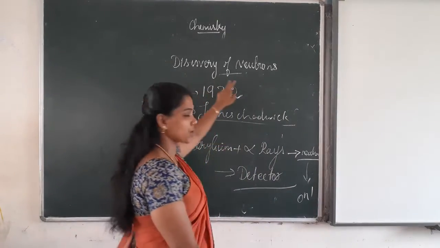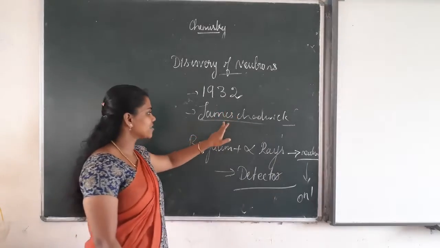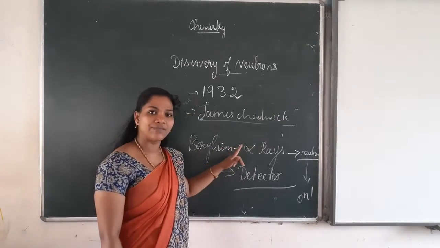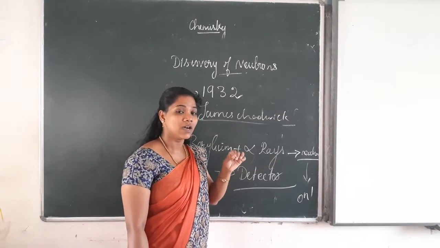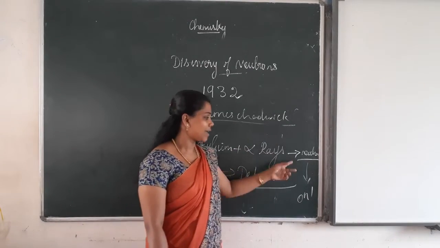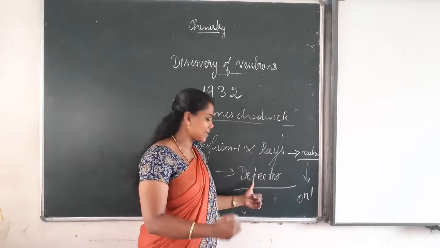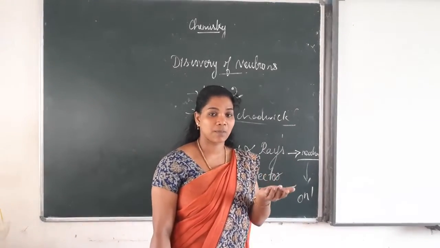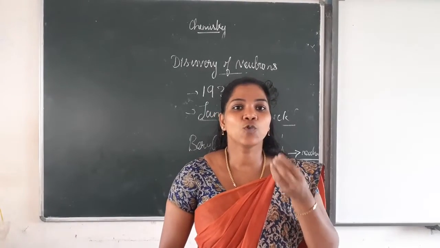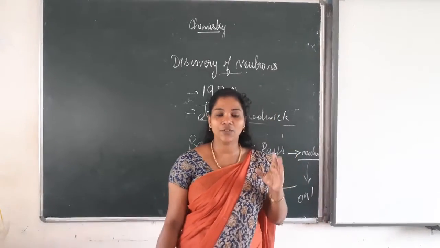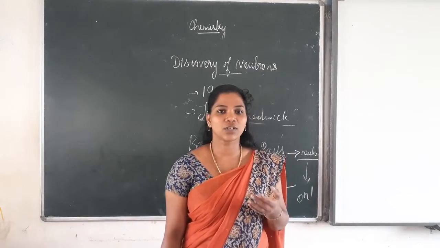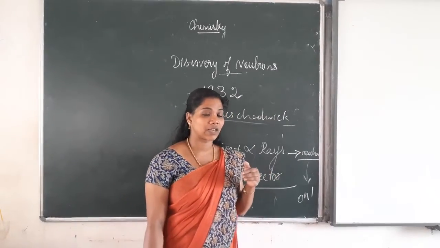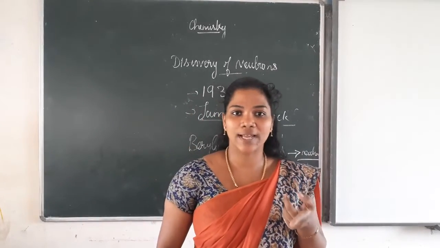So the discovery of neutrons in the year 1932: the scientist James Chadwick discovered neutrons. How did he discover this? He bombarded beryllium with alpha rays and saw that some particles were ejected from beryllium, which were detected using a detector. In the detector he found that the particle that came out has mass equal to that of a proton. I already said that for an atom, protons and neutrons contribute the mass. So the particle ejected from beryllium also has mass equal to that of the proton,